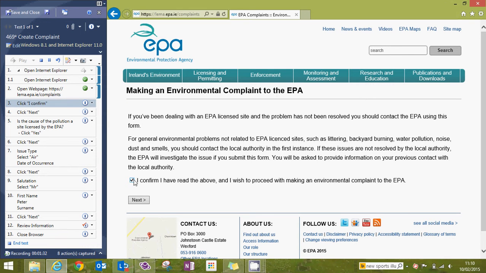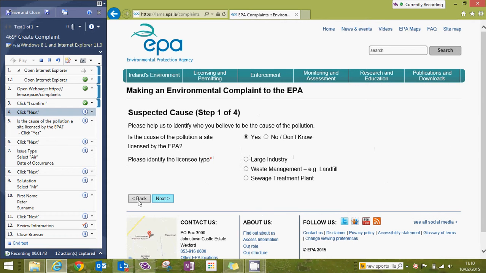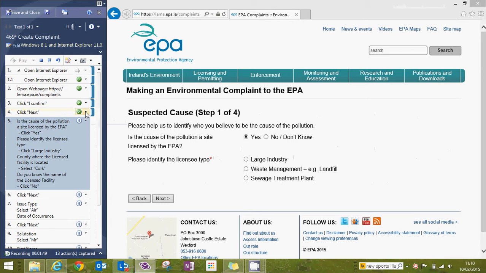So as I'm recording, as I mark each step as pass or fail, it is recording my actions and mapping them to those steps. So you can see the blue marks here means that there's actions being recorded. You can actually see those actions down here. If we click on this little up button, it'll show you all the different things that have been recorded. So if I just fly through this, you can see